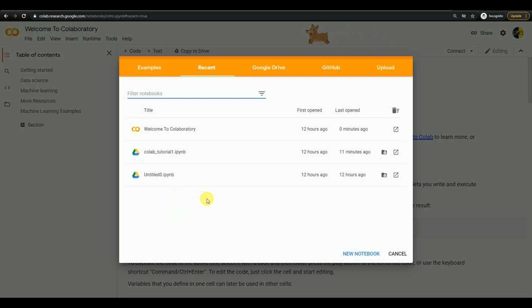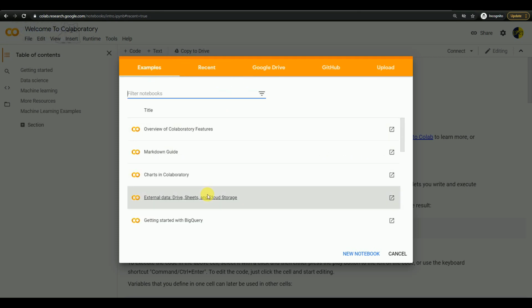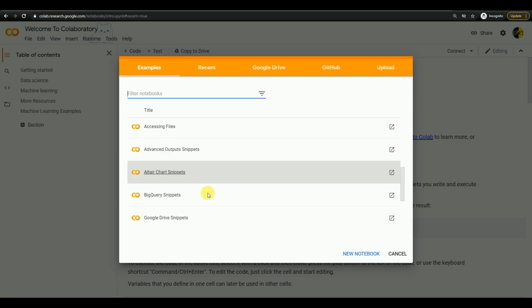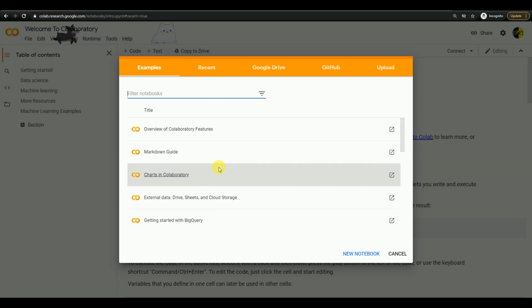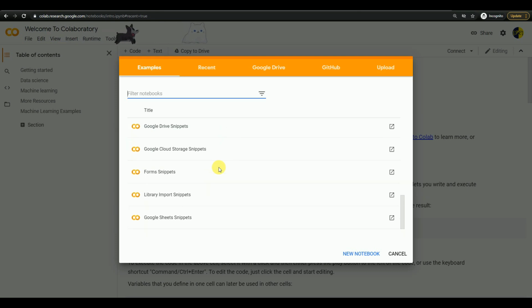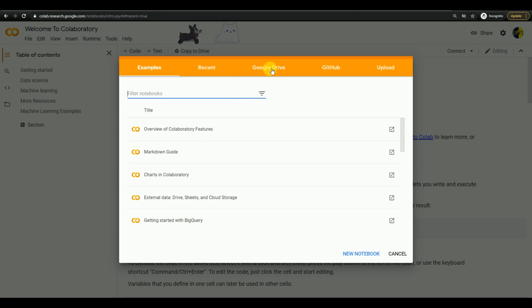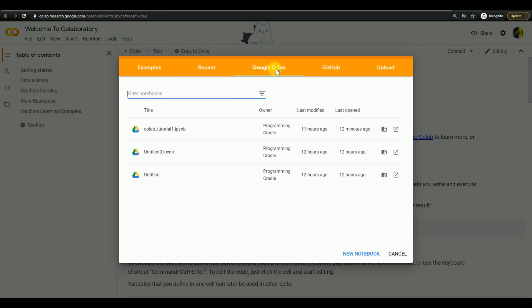There are various ways you can import your new IPython notebook. Here you can see the recent ones, and in this tab you will have some examples, like some basic tutorials on how to do various tasks. You can go through them if you want to learn more, and you can also import from your Google Drive. In my Google Drive I have these files.